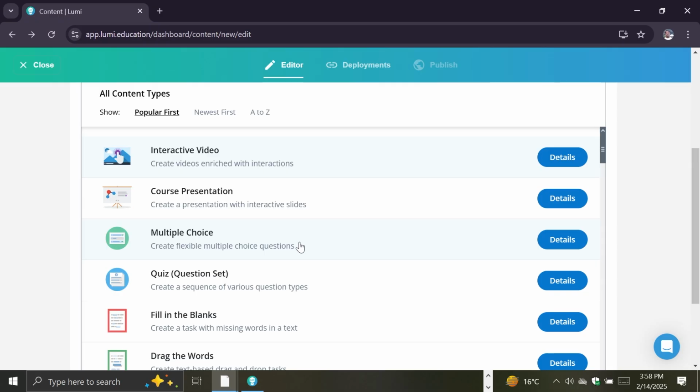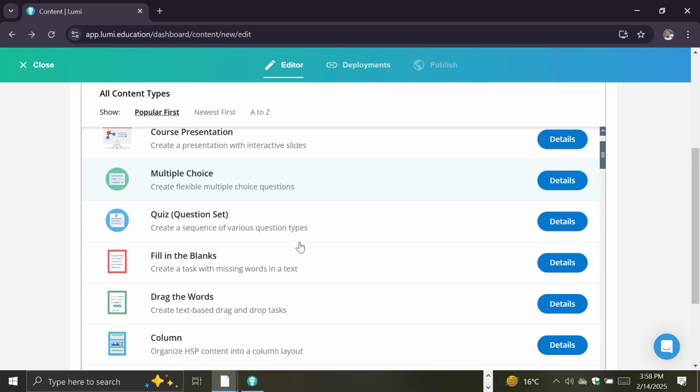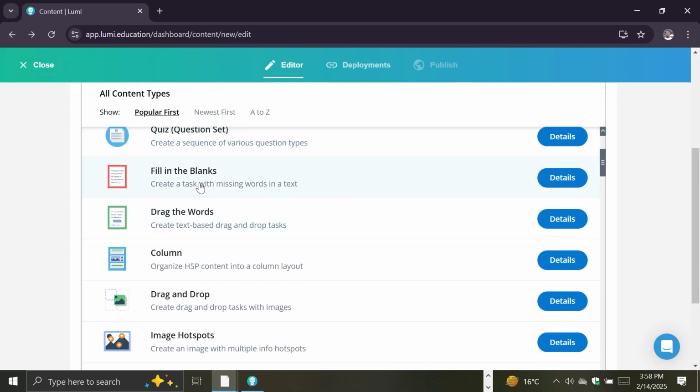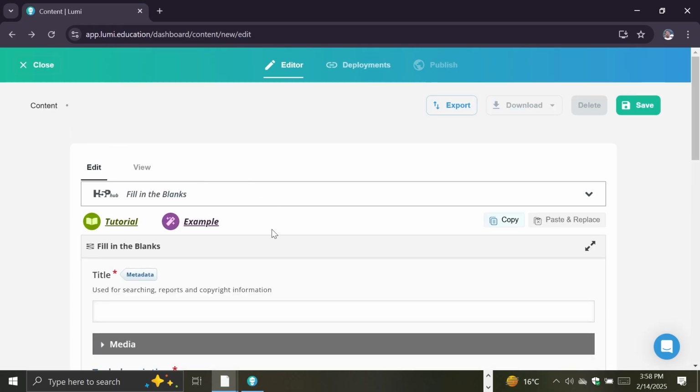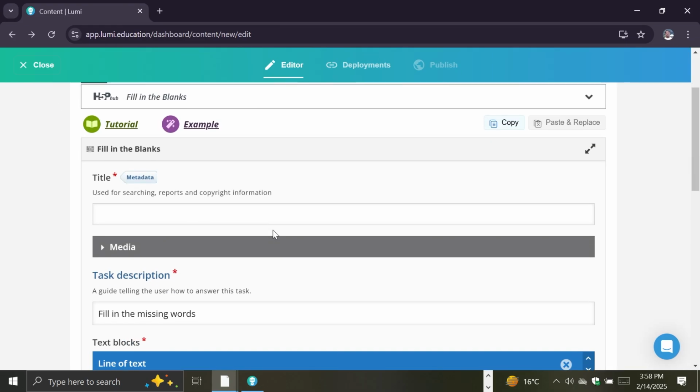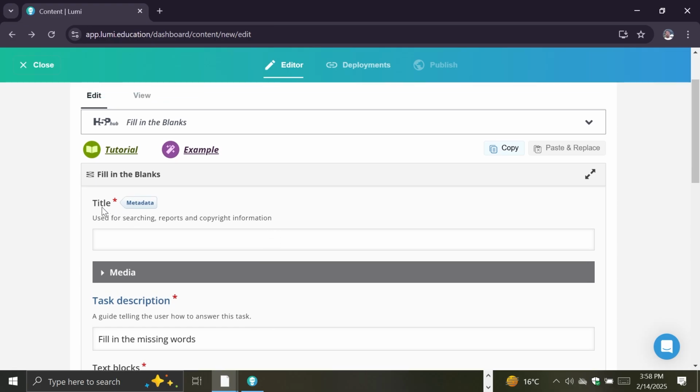To start with, let us create a few fill in the blanks questions for the class. For this, from the landing page, we have to click fill in the blanks, and this particular page opens up. Here we can set the title of this assessment, and you can see a metadata button is provided. Once you click this,